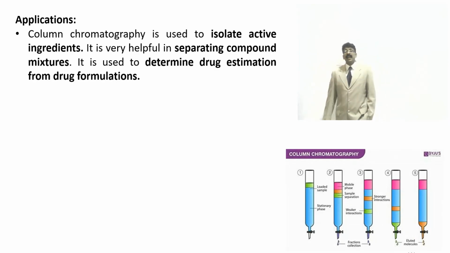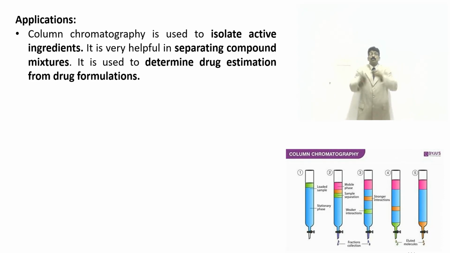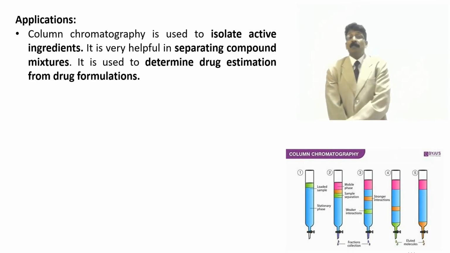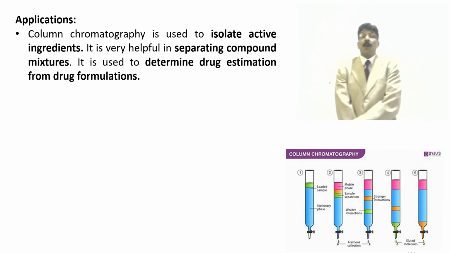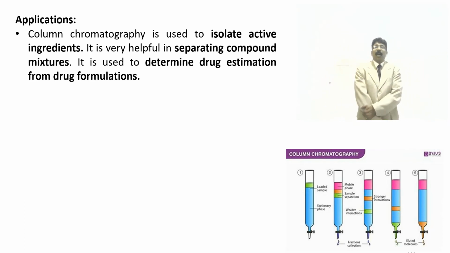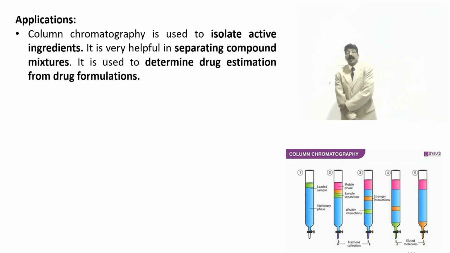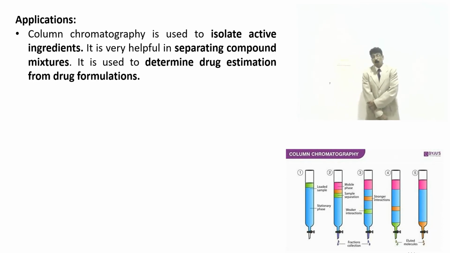Applications, when they ask, you should write: column chromatography is used to isolate active ingredients. It is very useful in separating compound mixtures. As we might have discussed even in the research, we should use column chromatography to separate the compounds from the crude extract which you have got,